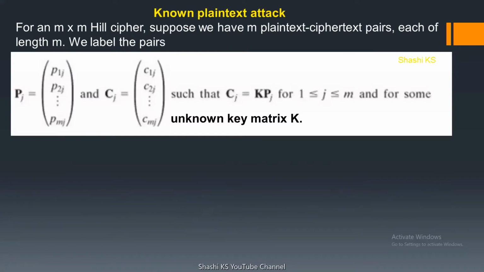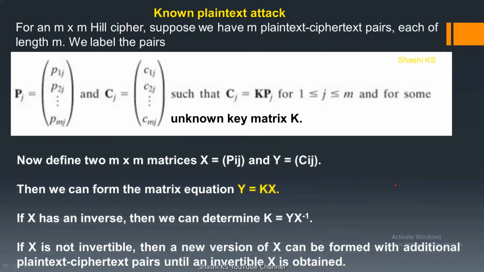Say in the case of Hill cipher, if you have an M cross M Hill cipher, and the attacker has M plain text ciphertext pairs of length M, then let's label the plain text pairs as P1J, P2J up to PMJ, and the ciphertext pairs as C1J, C2J, up to CMJ. And let's say the attacker doesn't know the key matrix K. So what can be done is, two M cross M matrices can be defined, where X is the set of all the